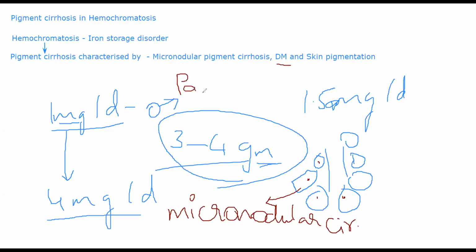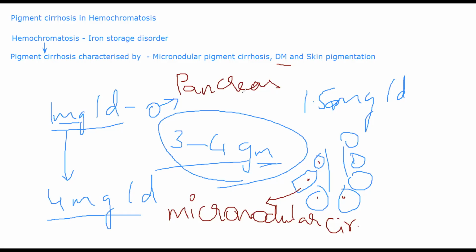In your pancreas, the pigmentation is not as intense as it is in liver. Even though it does occur, it is not as intense. But what happens is, even if there is less amount of deposit, diffuse interstitial fibrosis occurs. So fibrosis is pretty intense in this. As fibrosis kicks in, along with that, atrophy will occur.